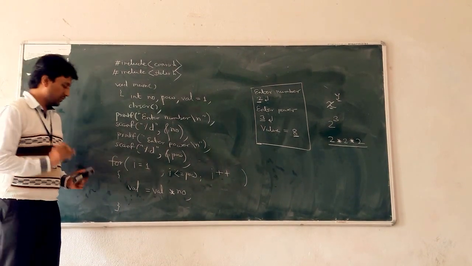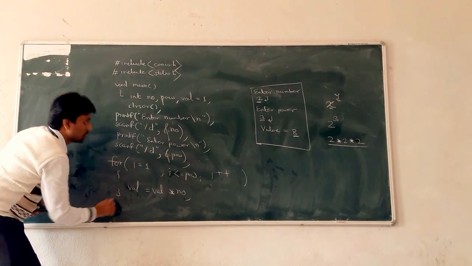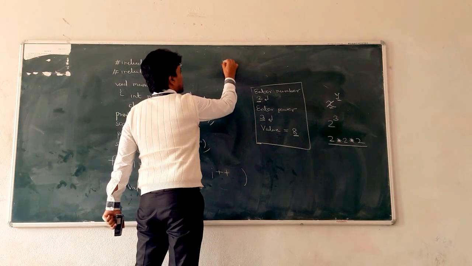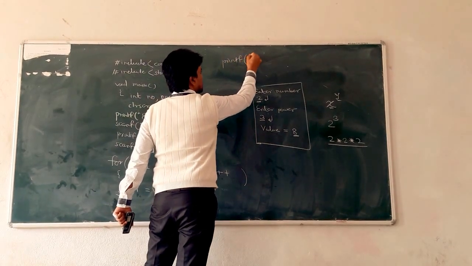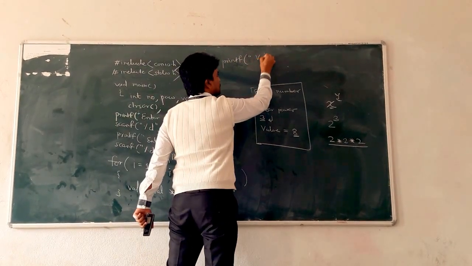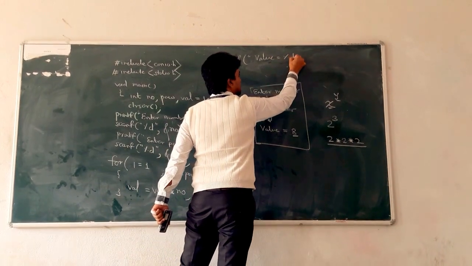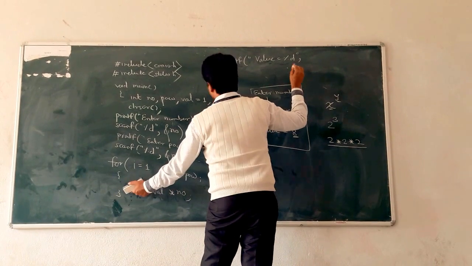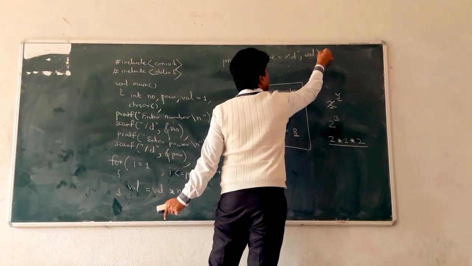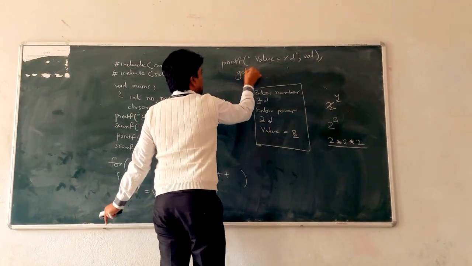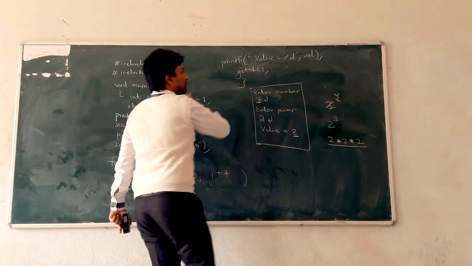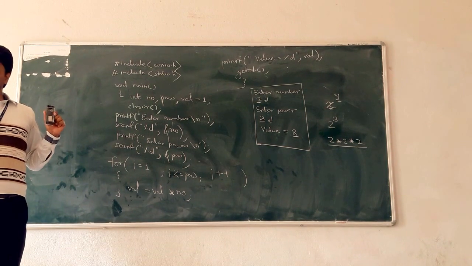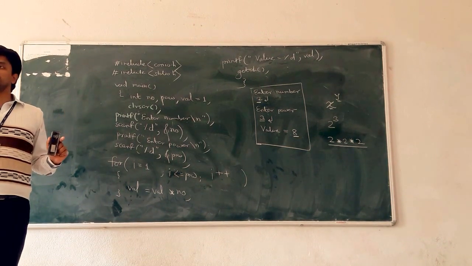What is the result manually? The last statement after the for loop is completed. What is the last statement? That is printf, value is equal to percentage d in double quotes, comma, value is stored into which variable? val. So write val here. Next is getch. Then the main function is completed. So just evaluate it manually and check the logic.